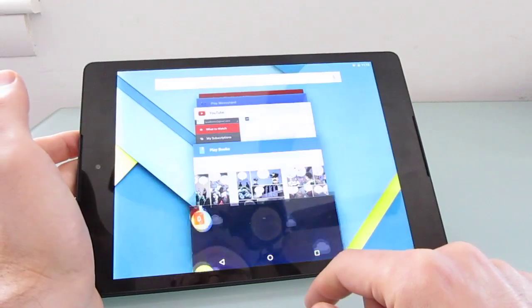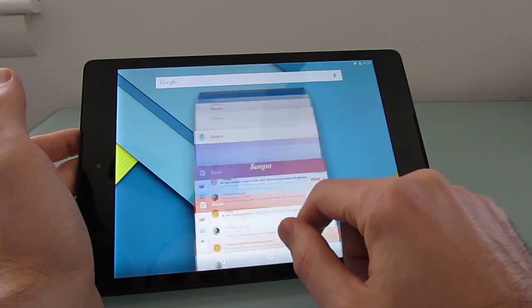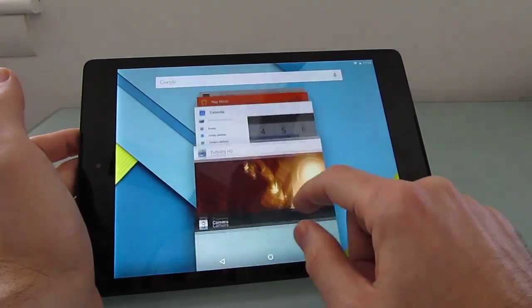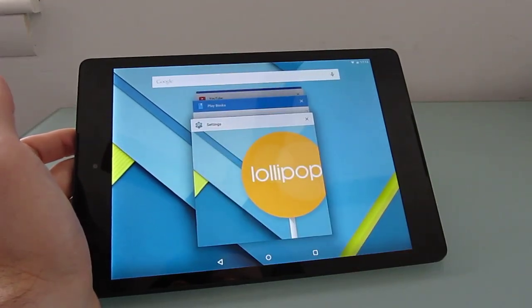The recent apps menu has been redesigned so that you've got this card-style user interface. Not 100% certain if it's more useful, but it's more fun to flip through than the old version, which had side-by-side icons. Let's see, so we've looked at recents, the keyboard, material design,